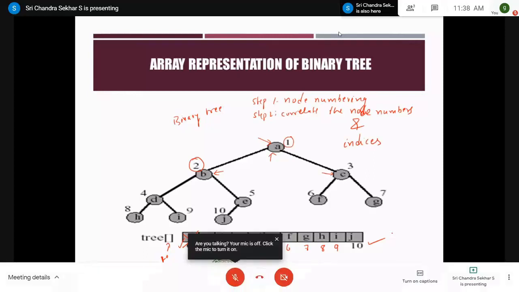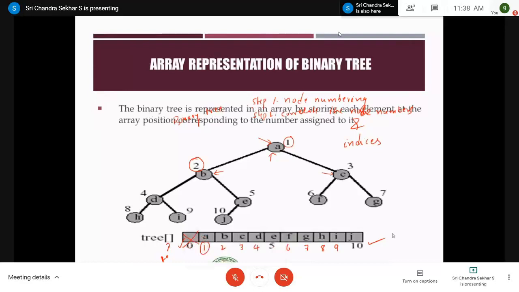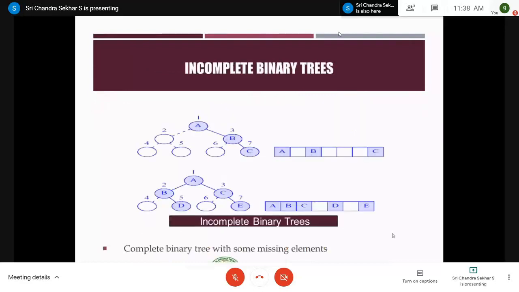So let me discuss the disadvantage of representing the binary tree using arrays, right? Coming to this example, we take this figure 1. This is figure 1 and this is figure 2, right?